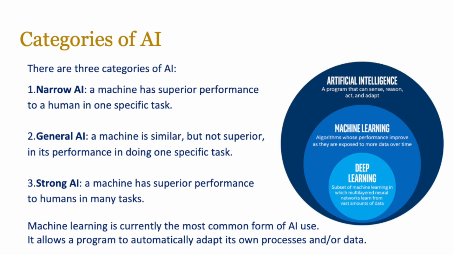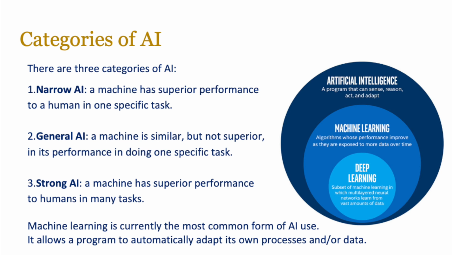The moment we create an AI that is going to be superior to us in multiple tasks, then we've got a bit of a problem. That's called the singularity, the event when AI will overtake human intelligence. We're a bit far away from that right now, but with the rate of progress, the way technology is developing, you never know. Now, artificial intelligence can be grouped into three parts.